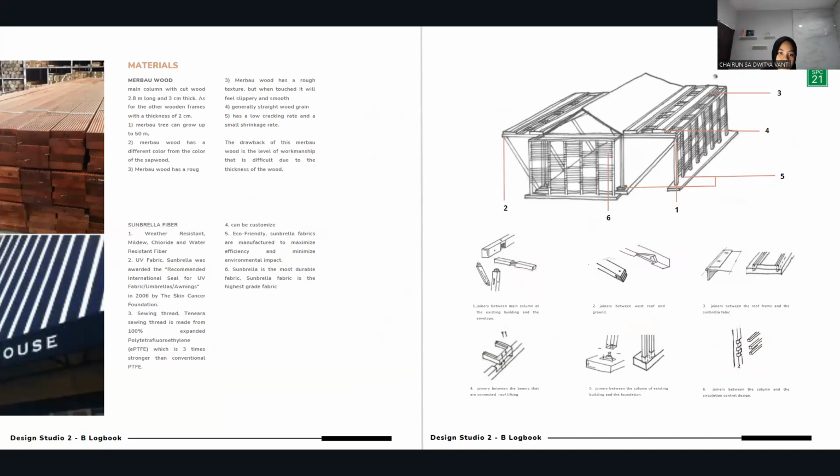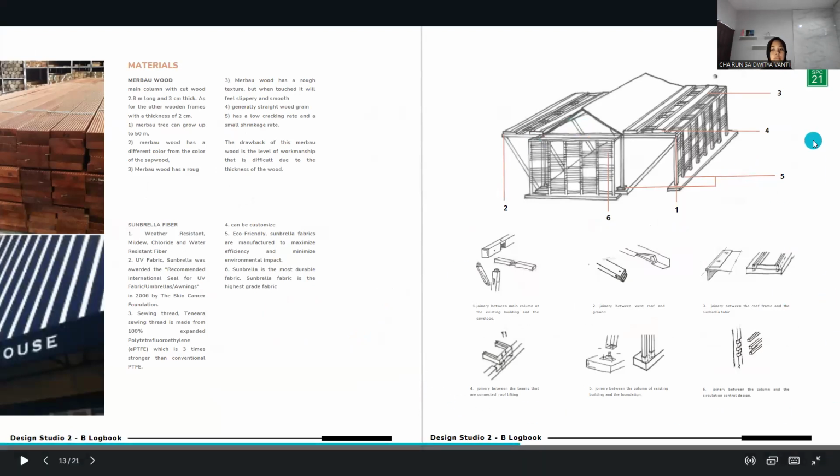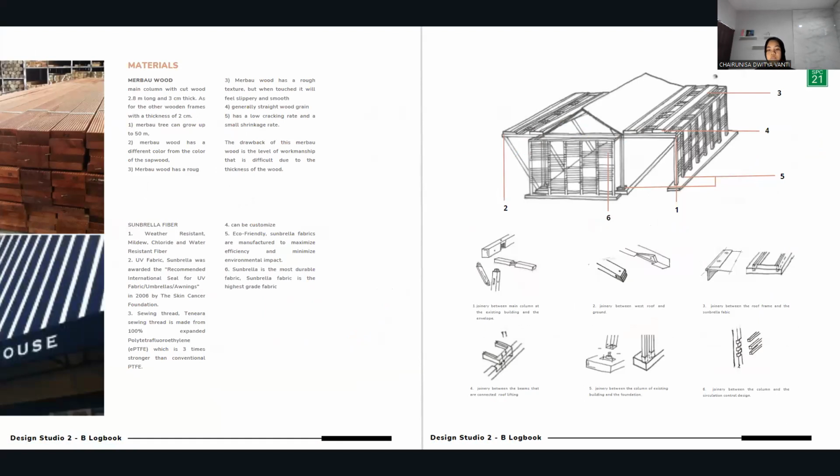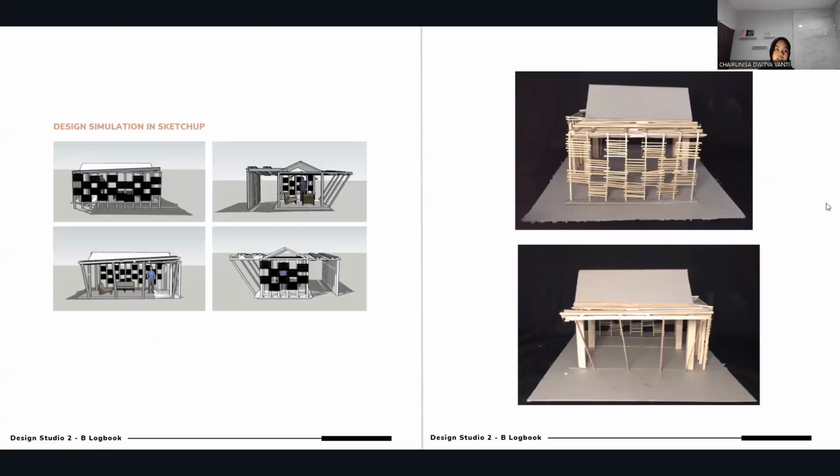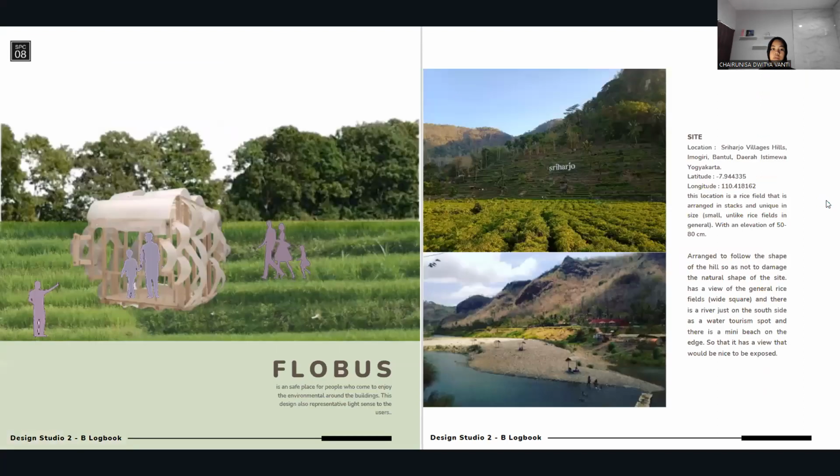shrink treated, and can also be customized, eco-friendly, and Sunbrella is the most durable fabric. You can see here the joinery between the Sunbrella fabric with the wood or beams, and the wood frame connected with the foundations and also the stick joint. This is the design simulation in SketchUp, the photo models, and the third one we're going to talk about is the